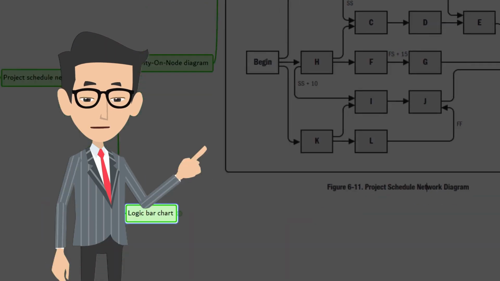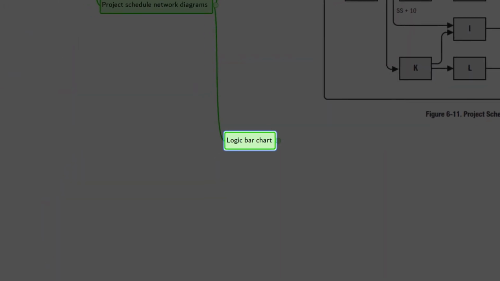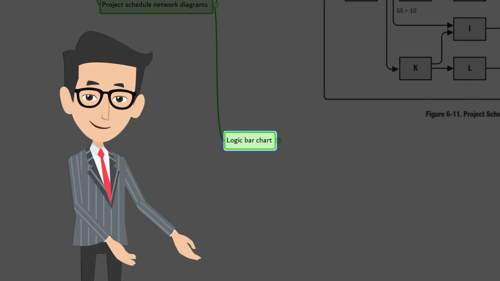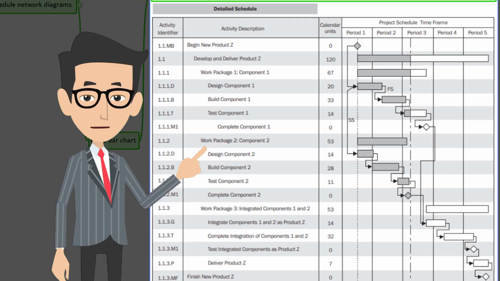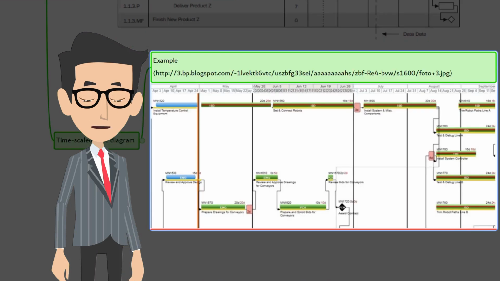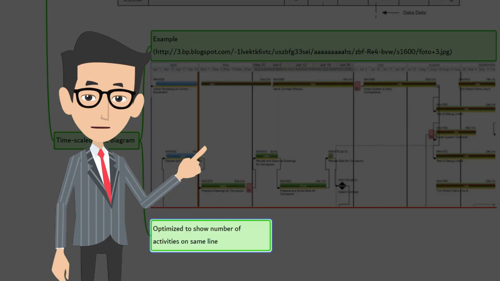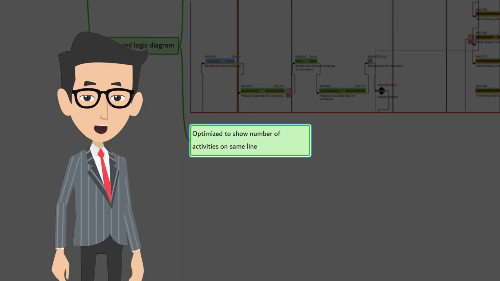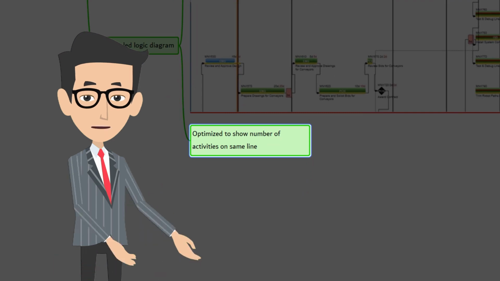It can be presented in time scale schedule network diagram format, which is sometimes called a logic bar chart. In these diagrams, the activities are presented with dates, network logic, and the project's critical path. This helps to understand how each work package is planned as a series of related activities. The next one is timescale logic diagram. These diagrams include timescale and bars that represent the duration of activities with the logical relationship. They are optimized to show the relationship between activities where any number of activities may appear on the same line of